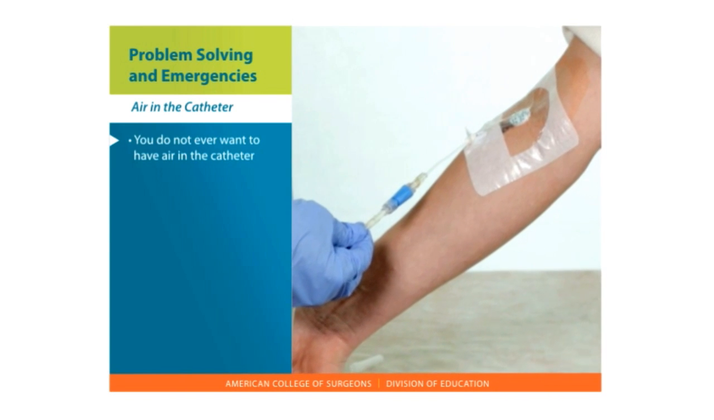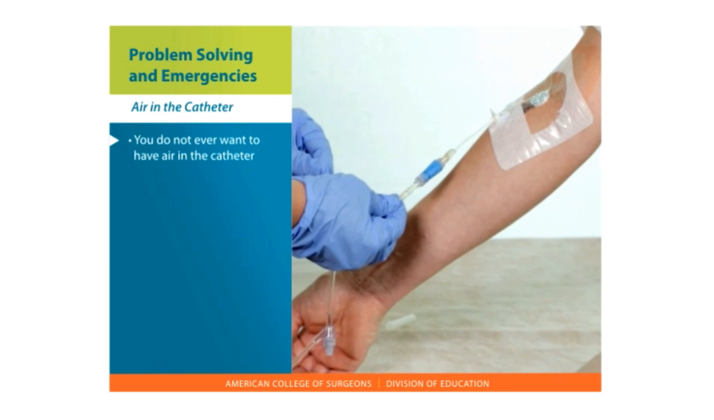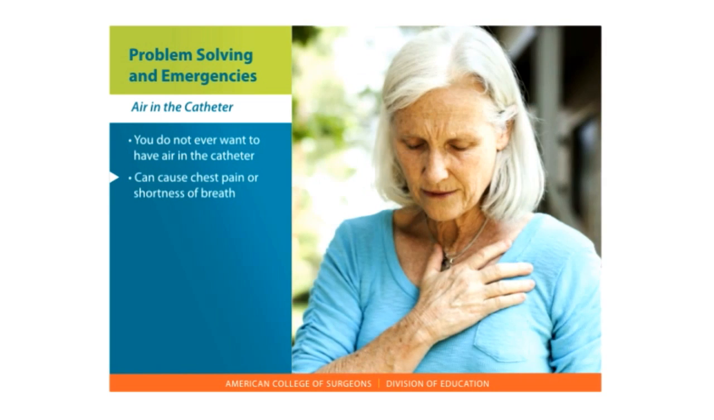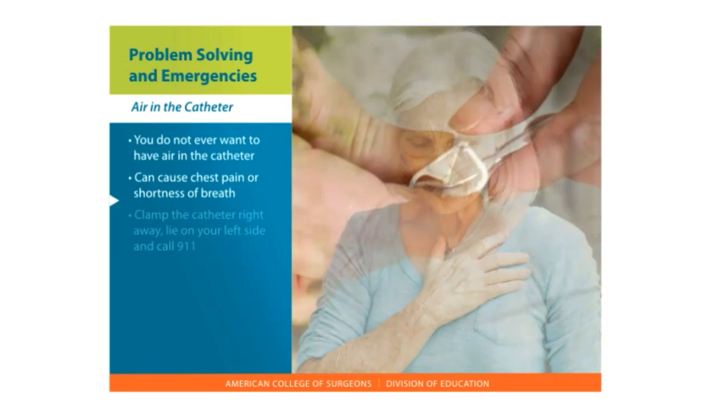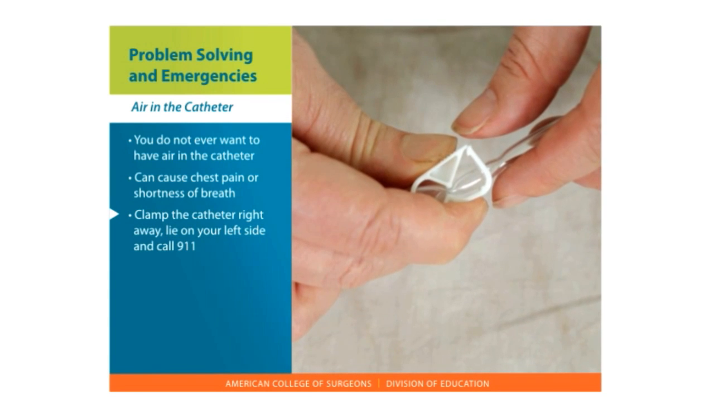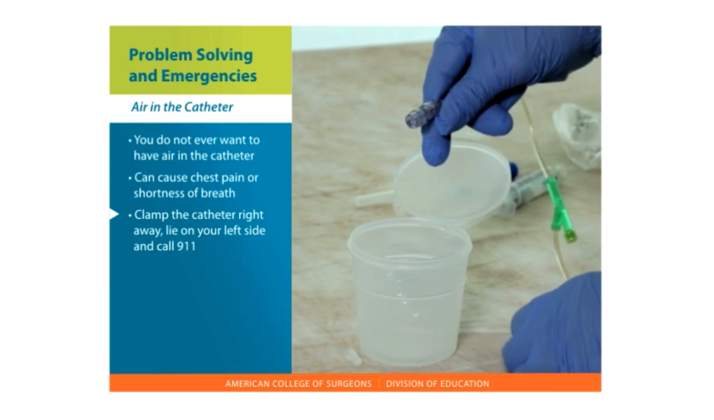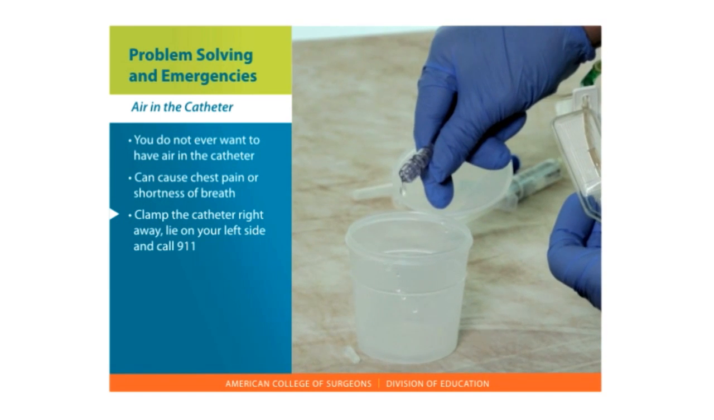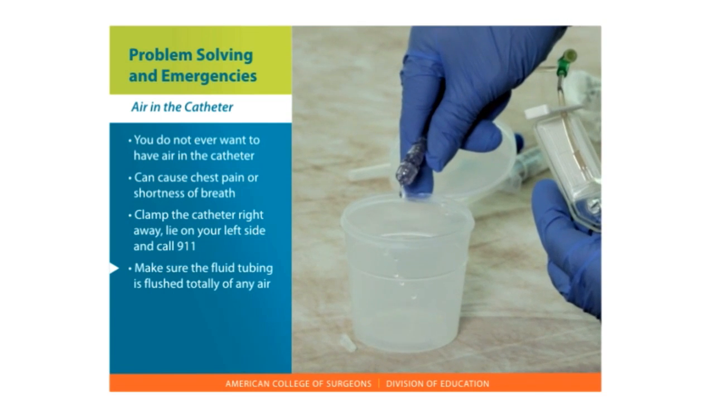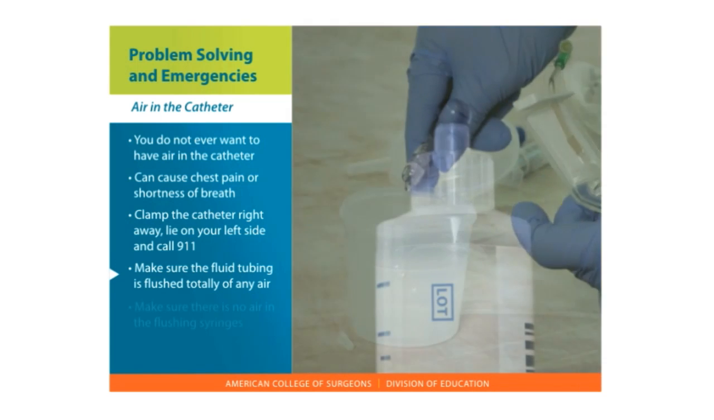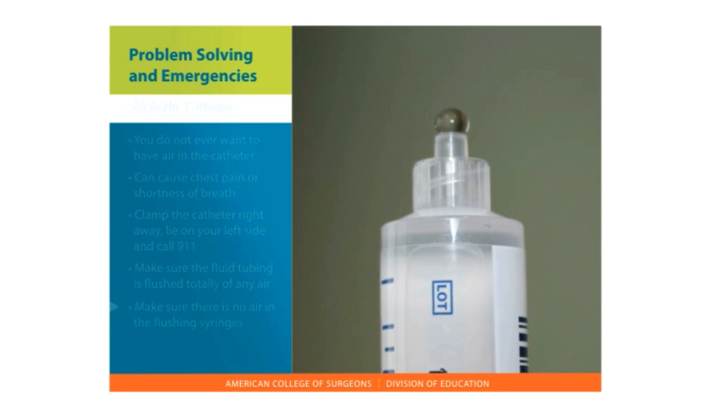Air in the catheter. You do not ever want to have air in the catheter. If the air goes through your line and into your bloodstream, it can cause chest pain or shortness of breath. If you see air, you should clamp the catheter right away, lie on your left side, and call 911. You can avoid getting any air in your line by making sure the fluid tubing is flushed totally of any air before it is connected, making sure that there is no air in the flushing syringes,